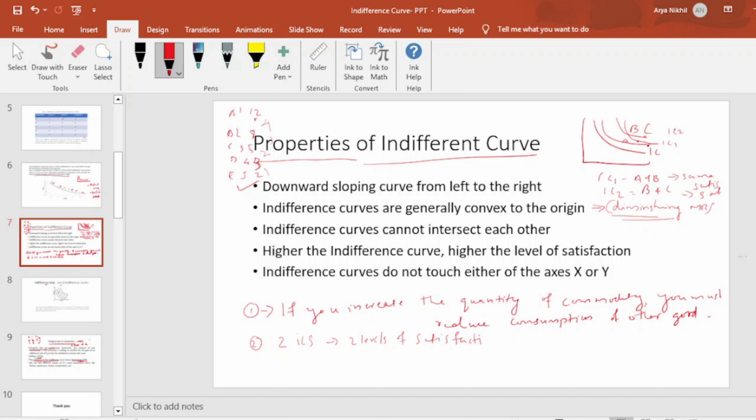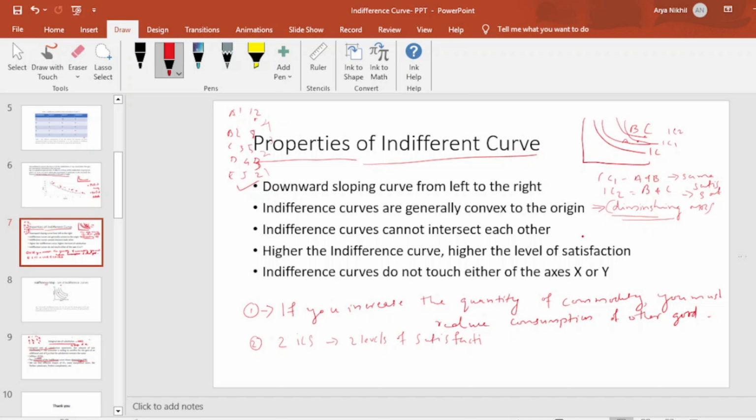One point can give only one level of satisfaction. So if you cross, it will contradict the theory. Different indifferent curves provide different levels of satisfaction. So if two indifferent curves cross, the same combination gives two different levels of satisfaction, which is impossible, and it will contradict the